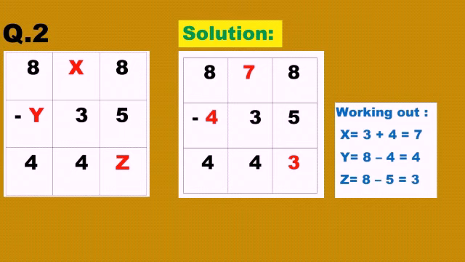So first we have to find z because it is in the first column. So 8 and 5 are given, and we have to find z. First of all, see what z means: is z the minuend, subtrahend or difference? See the place of z, it indicates that it's a difference. So you have to subtract. That means to find z, 8 minus 5 equals 3. So z equals 3.